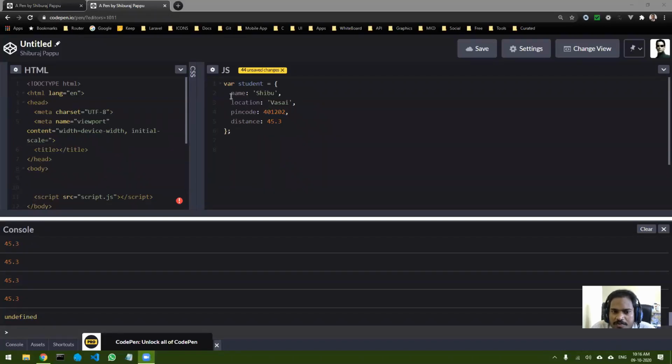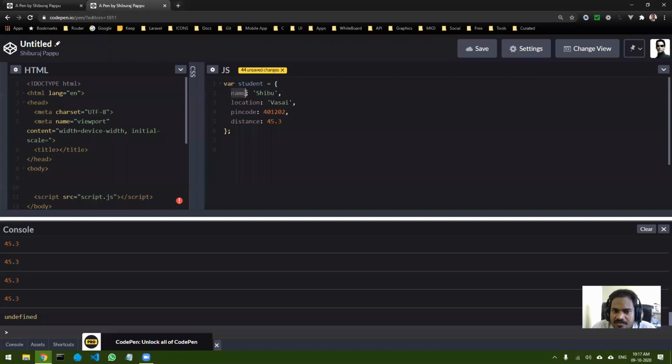Because for a for loop to work there has to be a numbered index. In case of arrays you have seen the index is 0 1 2 3 4, so you can store it in i and then you can use it. But in this case the index itself is not numbered, it is a named index. So when it is a named index, what is the use of i over here?